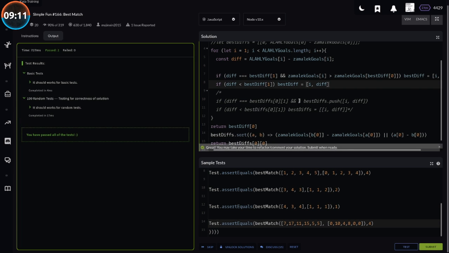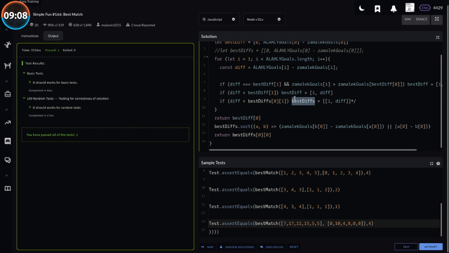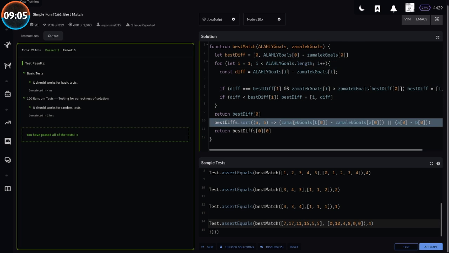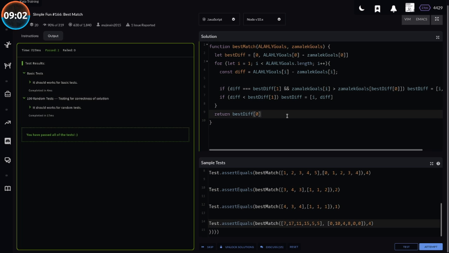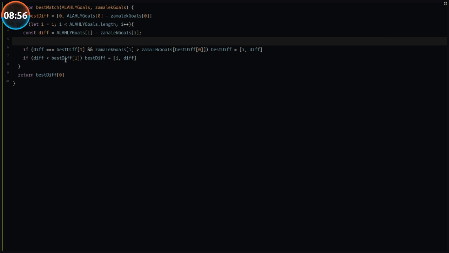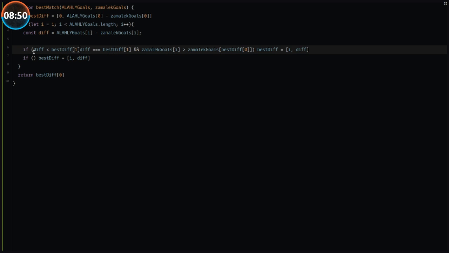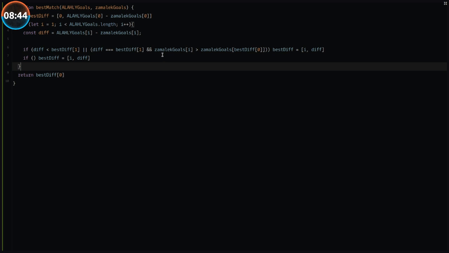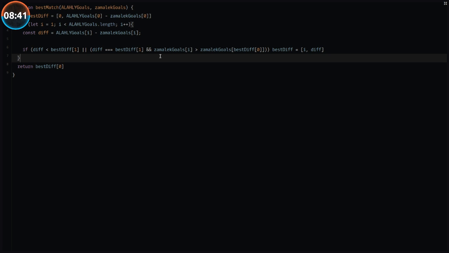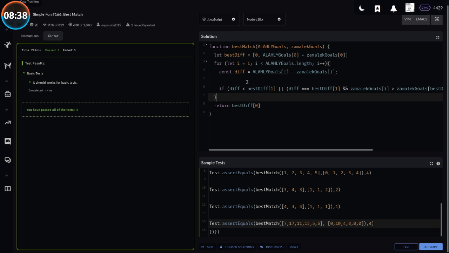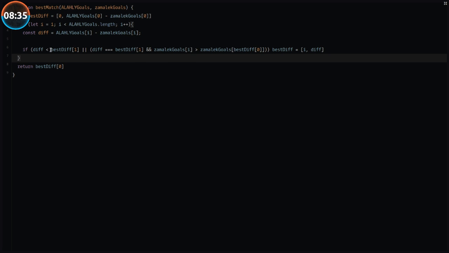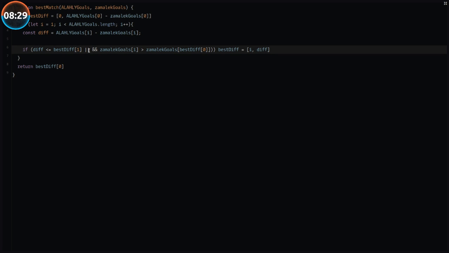Yes, okay. So all that logic I had before, the sorting and all that stuff, you didn't need to do it because you're always looking for the one element in the first place. This can still be done better though, because we have two conditionals that result in the exact same thing. So it's going to be if diff is less than or it's equal, and now this will work. Did it not work? No, it worked. Okay. But this can be done better because I can combine the less than with less than or equal to. So if it's this and I